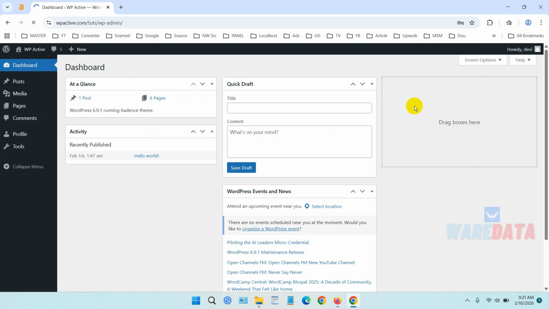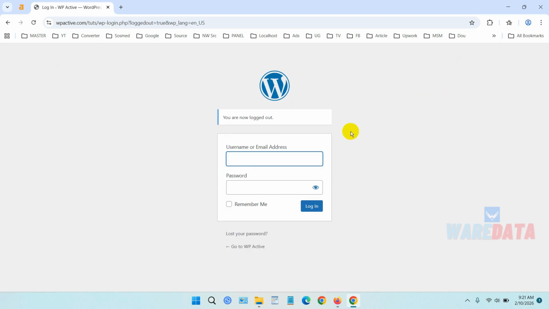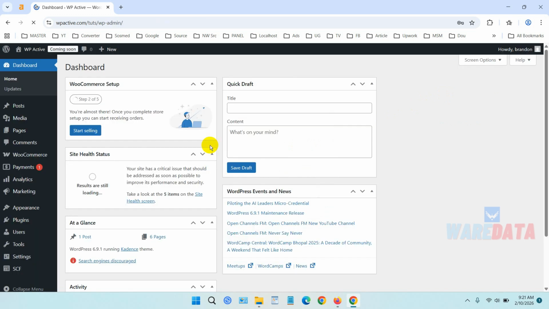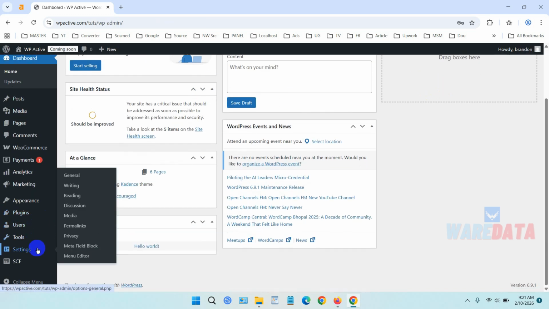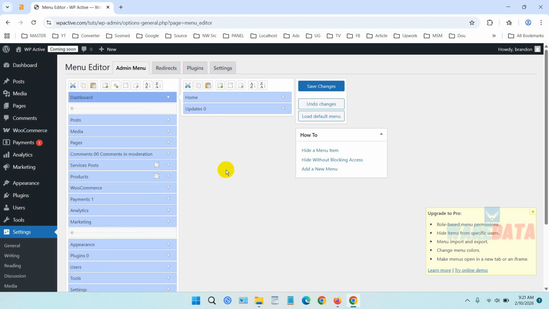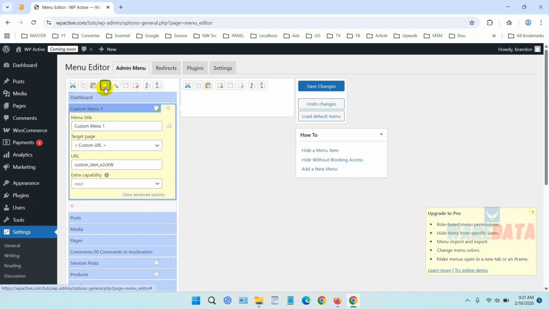Let's log in again. Creating another menu, or a custom menu, is also possible with this plugin. For example, let's create a custom menu. Just click Settings and click Menu Editor. Okay, here, to create a custom menu, you can add this. For example, custom menu one, for example, editor